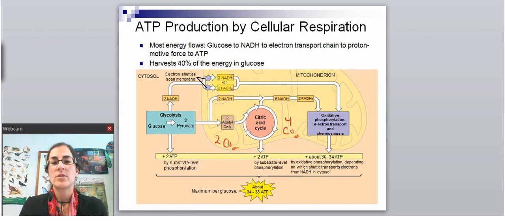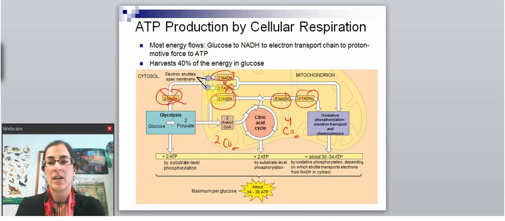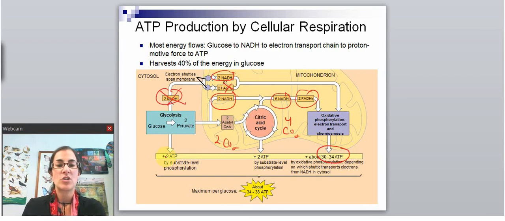So don't worry about this part here. All of the NADHs, so this one is becoming this one in case you're not catching that, will flow into oxidative phosphorylation. And oxidative phosphorylation will turn all of these NADHs and FADH2s into 30 to 34 ATP. So if I make 2 ATPs in glycolysis, 2 in the citric acid cycle, and all the rest of the